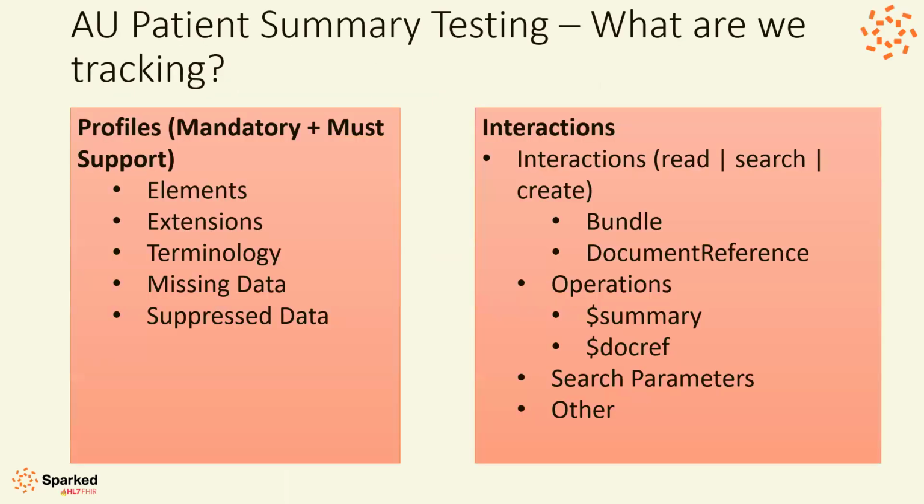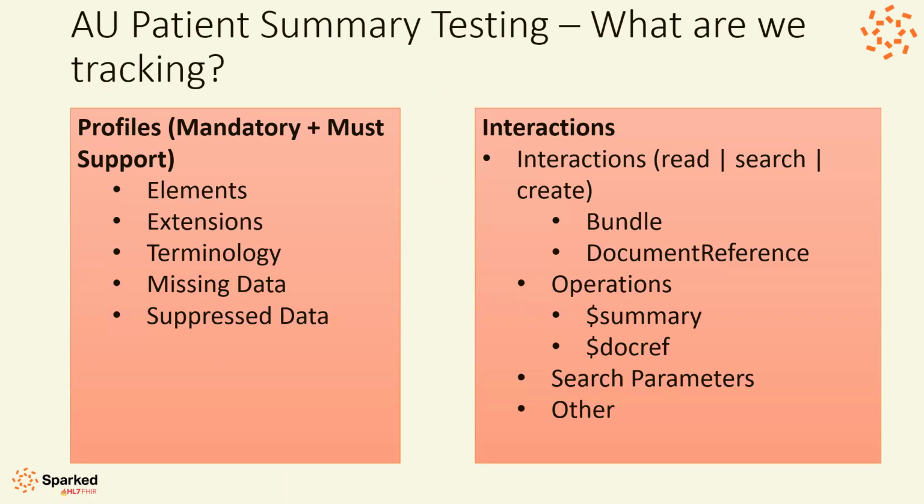And that leads us to track a whole bunch of things. And we track different things depending on the standard. So for Patient Summary, at the moment, we've got a few things we're tracking that have come out of our previous meetings. So we've got the profiles, and those are all the profiles that are established in AU Patient Summary,